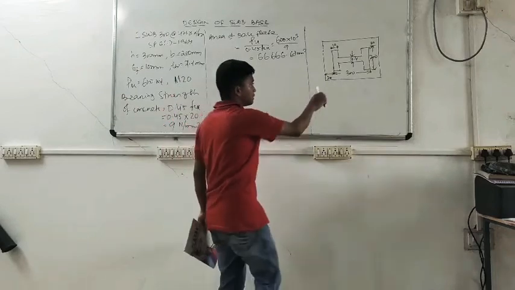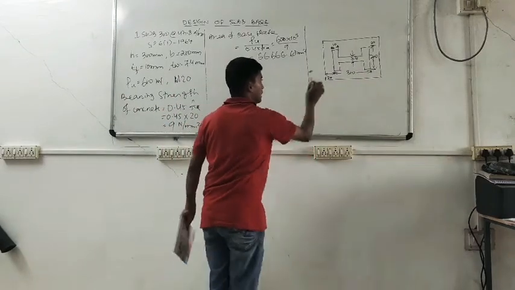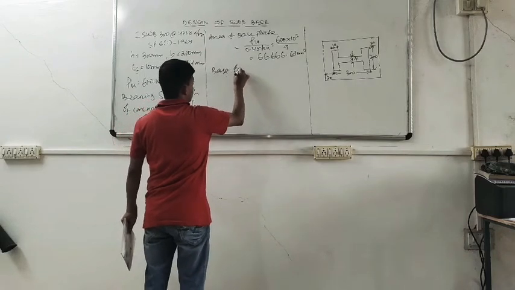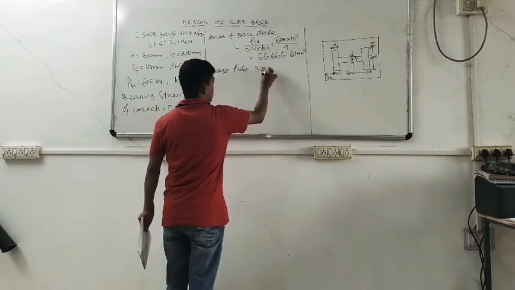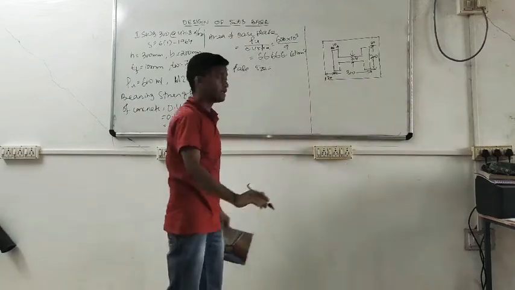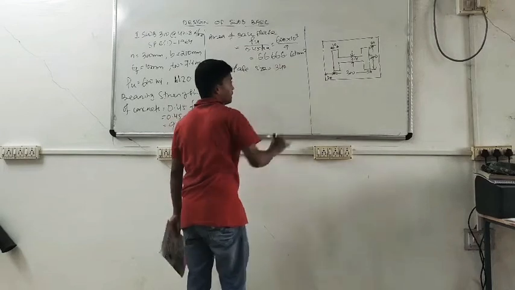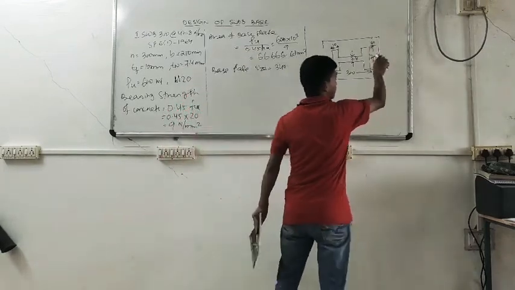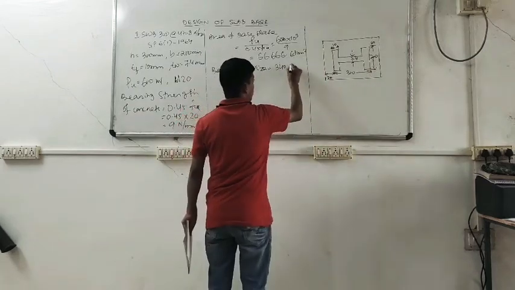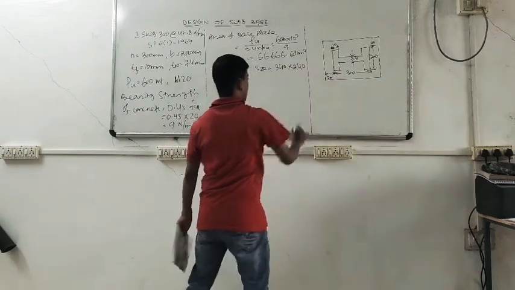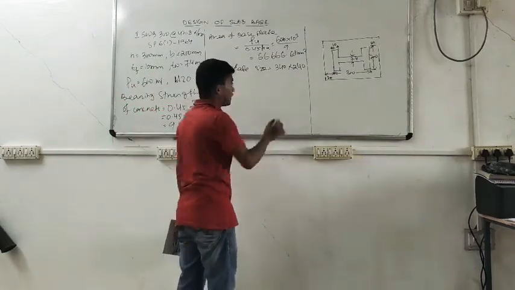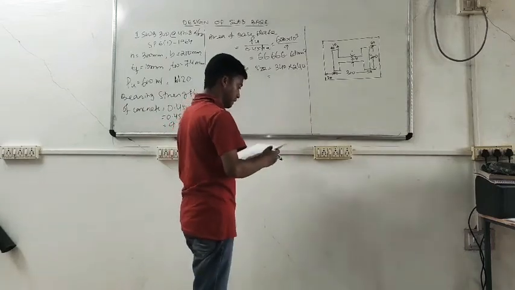Okay, so if I assume 20 on this side and 20 on this side, then the base plate size becomes 300, plus 20 this side and 20 that side, so 340 in length. In this direction it is 200, plus 20 on this side and 20 on this side. So 340 into 240 will be our base plate size, and if you calculate the area it comes to be